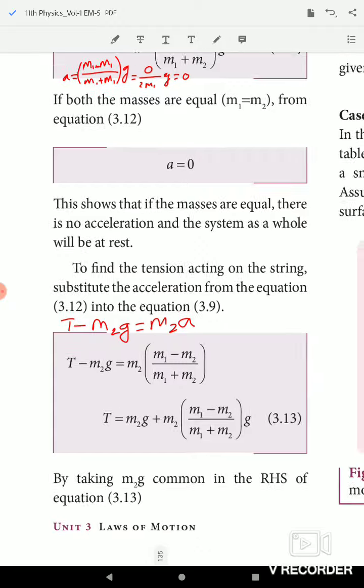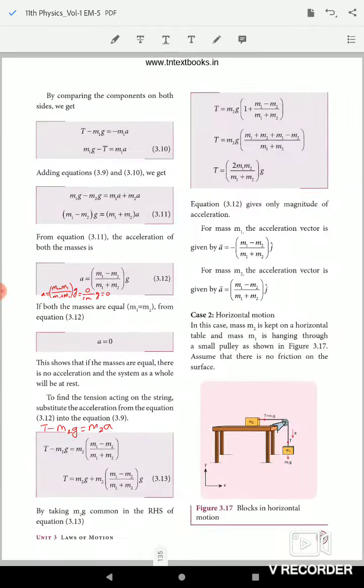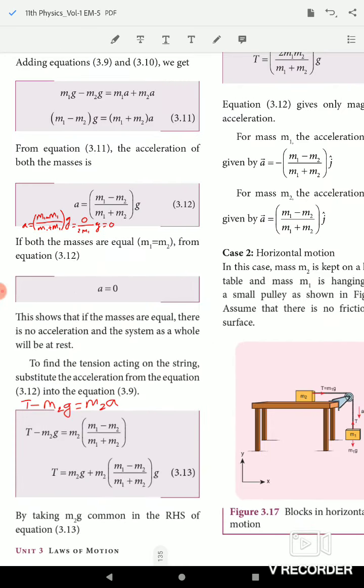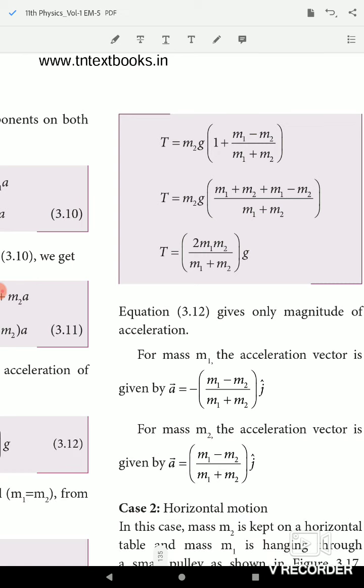So you take LCM, m2g is common, so take it outside in this equation, so T into m2g into 1 plus (m1 minus m2) divided by (m1 plus m2). Take LCM, so you get m1 plus m2 plus m1 minus m2 divided by m1 plus m2. Okay, m2 cancel, so you get 2m1 divided by (m1 plus m2) into m2 into g, that is equal to